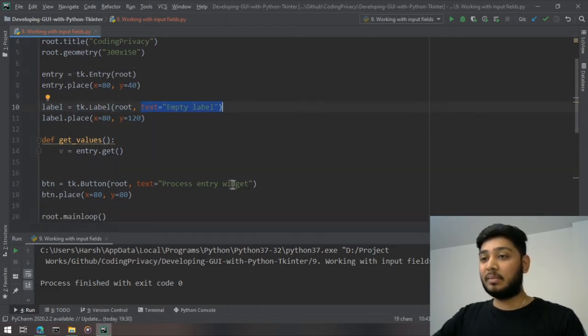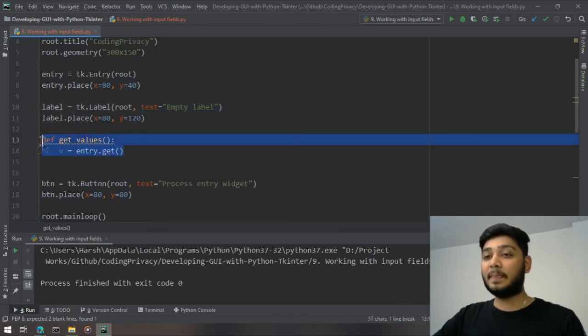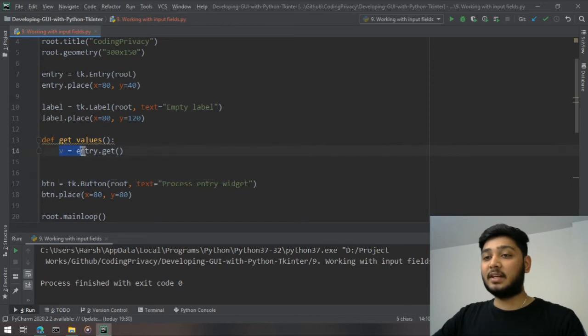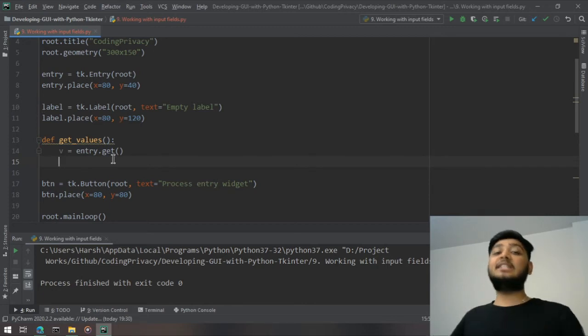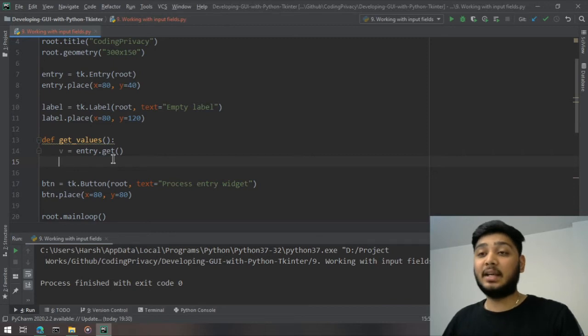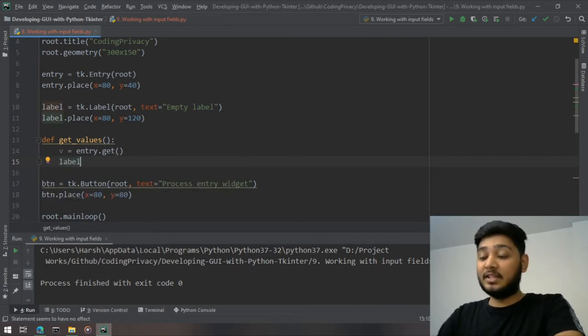So when I click on the button, it should go to this function, and what it has done is fetch the value from the entry widget. And in the second line, I want to change the label text. To change the properties of an existing widget, we can write the widget name dot config.